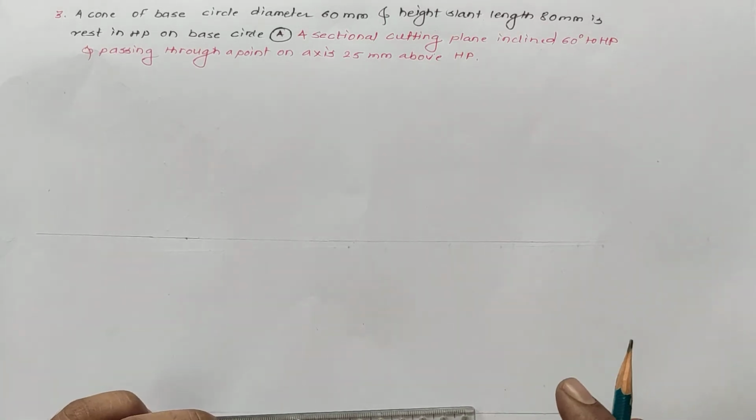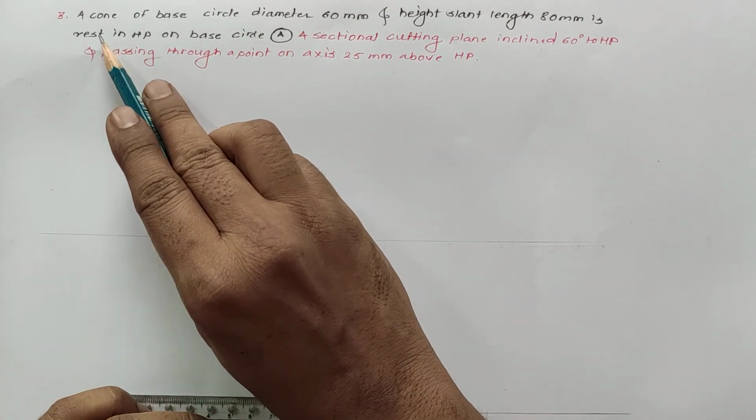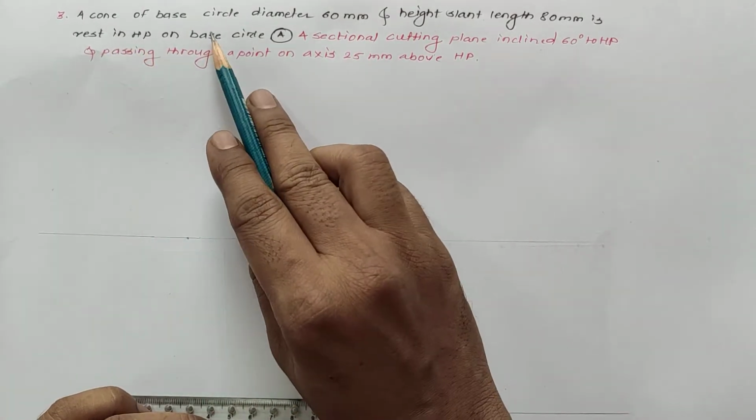Hello students, this is problem number 3, unit number 4, the section on solids and development. In this problem we can draw a cone of base circle diameter